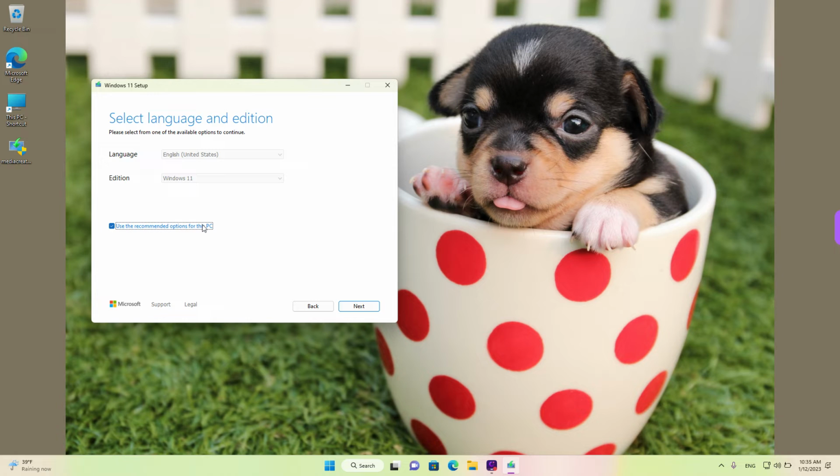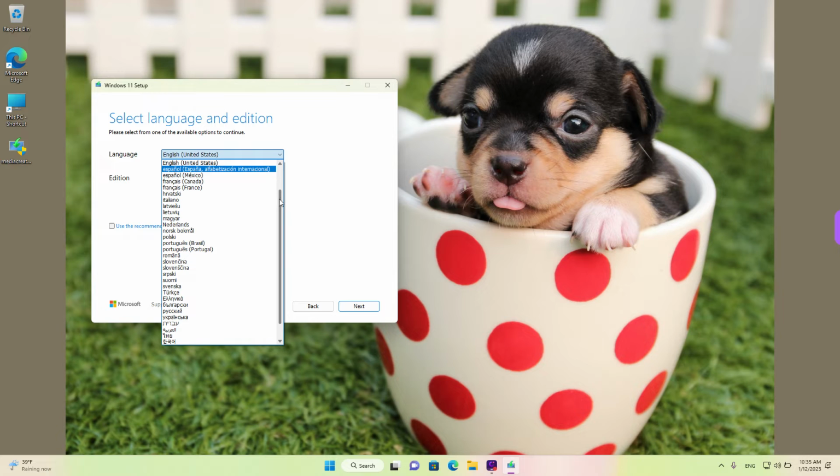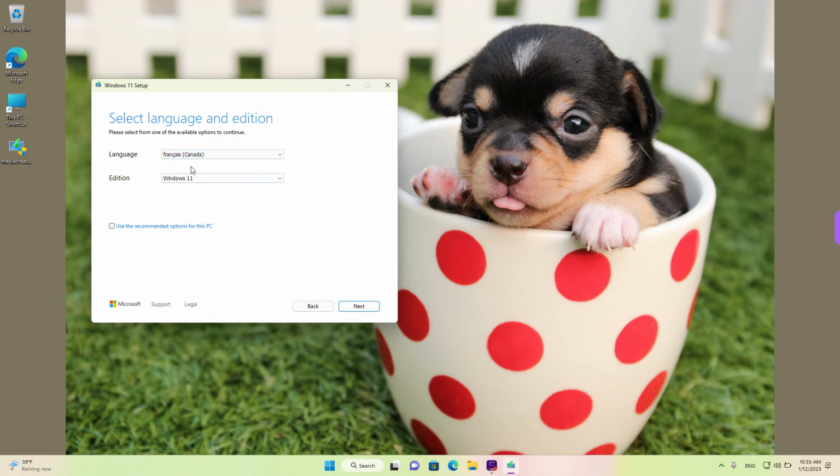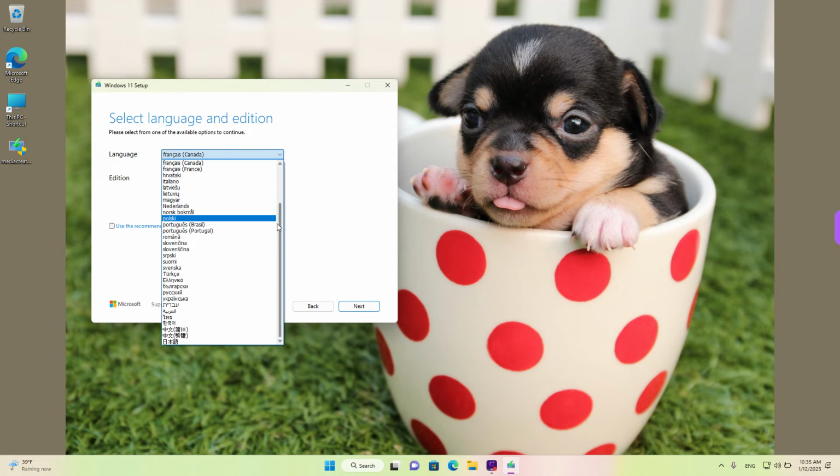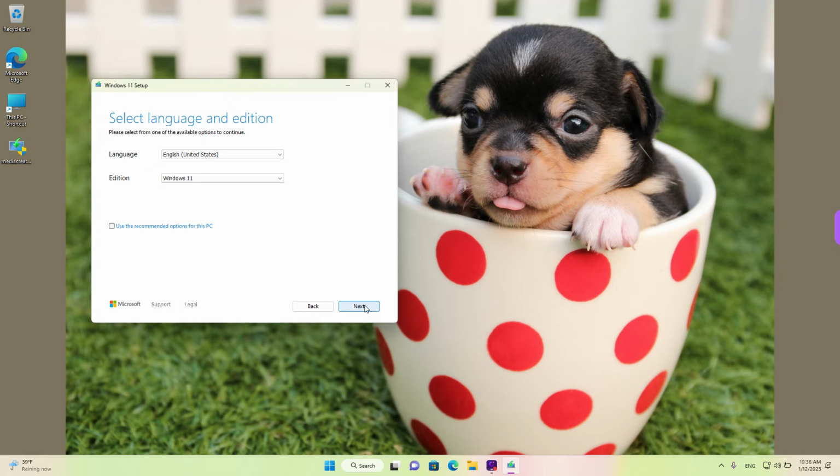The next window allows us to select the language and edition. You need to left click on the button here that says use the recommended options, and then you can customize the settings. In regards to the edition, there's no other choice but Windows 11 for this tool, but you can customize the language by left clicking and selecting the language of your choice from the list. For example, maybe you want to select French, and this will download Windows in the selected language. When you're ready, left click on next,